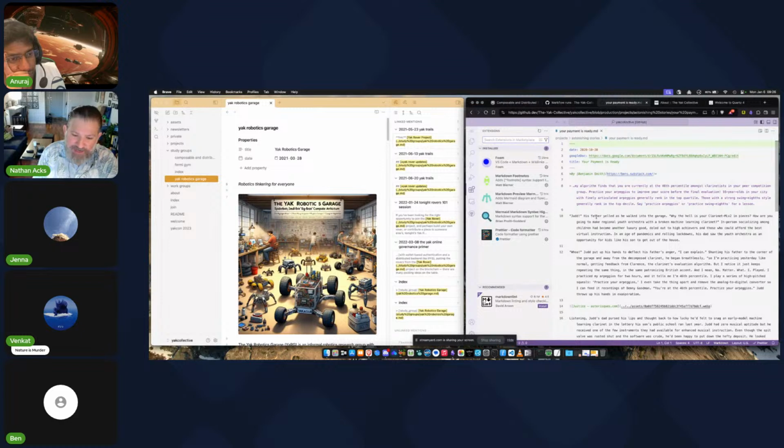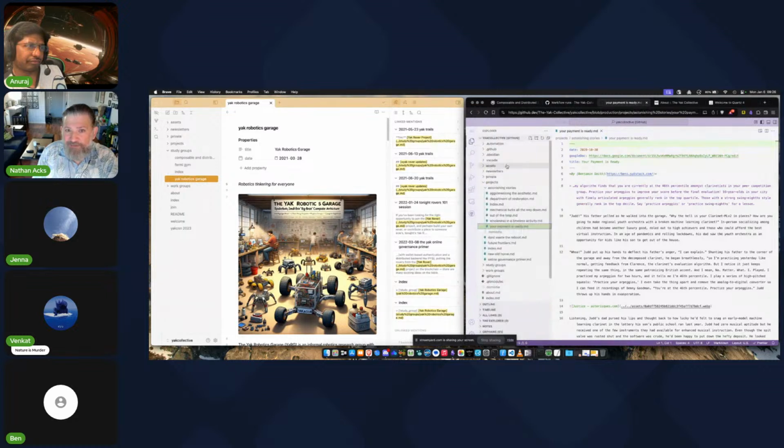Unfortunately, graph only works on desktop right now, but the Foam developers, apparently there's a lot of people in Microsoft who use Foam, so there's a lot of interest in getting Foam feature parity between the web and desktop versions of VS Code. But again, you can navigate everything right here.